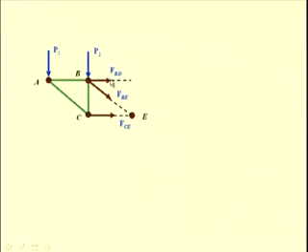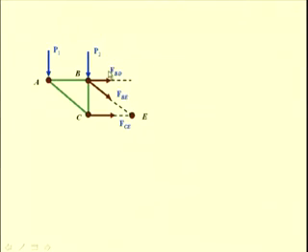The equilibrium of this portion is maintained if the sum of all the forces is 0 and the sum of the moments of these forces about a point is also 0. So, we have 3 equations from this free body diagram, and the 3 equations can be used to determine the 3 unknowns. Since we have only 3 unknown forces in this free body diagram, this problem is a statically determinate problem and we can solve it.